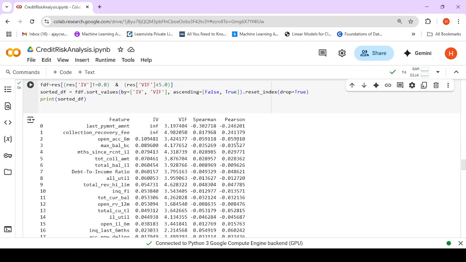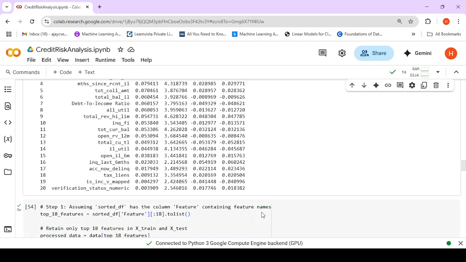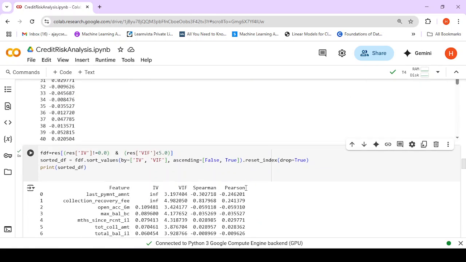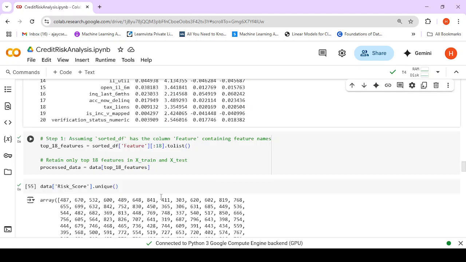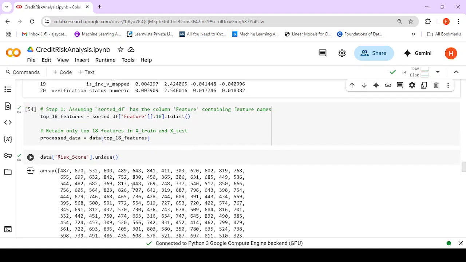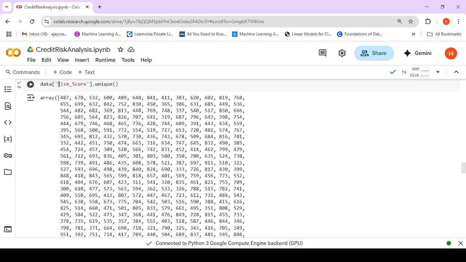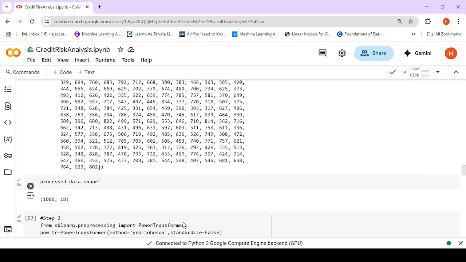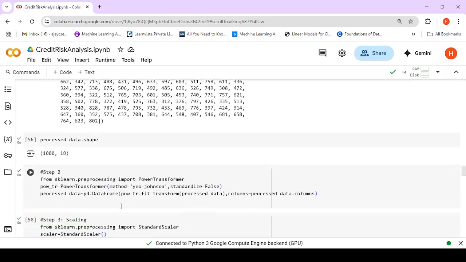Now one important thing here is there may not be a linear relationship between the feature and the target variable, and so Spearman correlation is also being calculated here, and that is what helps us. So we take the top 20 features depending upon this, and so we retain only the top 18 features. Along with that, we have the risk score feature, which is very important, so we maintain that risk score feature, and